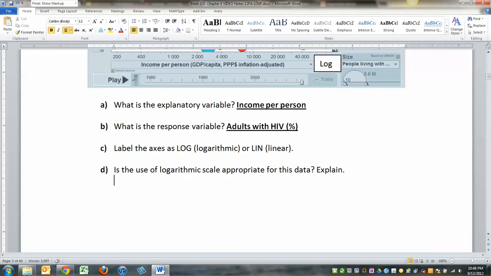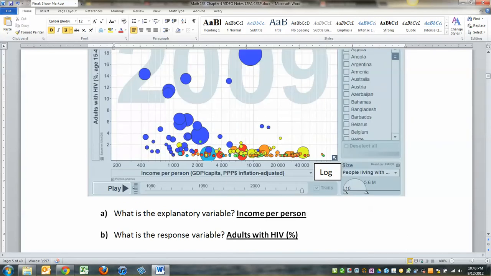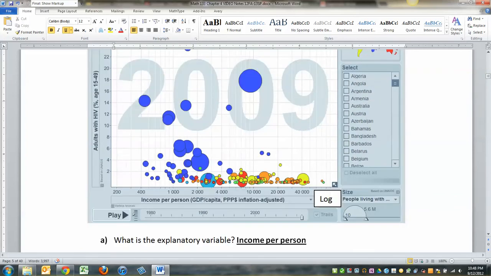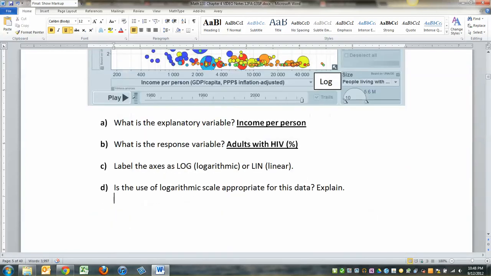All right, is the use of logarithmic scale appropriate for this data? Well, yeah, I mean, we have a lot of cramming down here, but there's kind of nothing you can do about it because that's just the way HIV is in the world, that most countries don't have a huge percentage living with HIV, but there are some countries that do. So there's quite a spread. I mean, having a country that has 26% of its population living with HIV when you have countries that are almost zero, that's quite a difference. Okay, so yes,